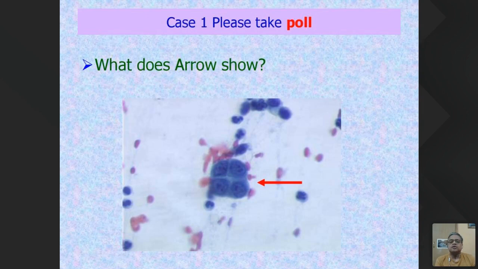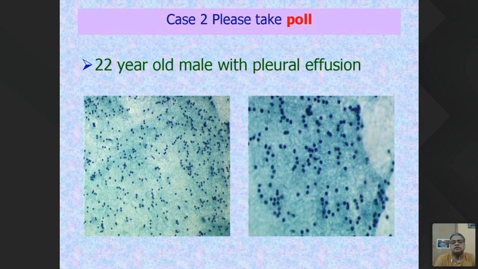So, a 5-year-old male who has a pleural effusion, which is predominantly showing lymphocytes like this. In the previous case, a substantial number of people thought that it was reactive mesothelial cells. It was not reactive. A reactive mesothelial cell requires that the changes of reactive nuclear atypia should be present. Reactive nuclear atypia is indicated by prominent nucleoli.